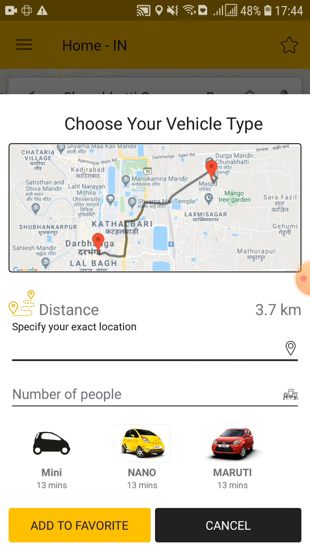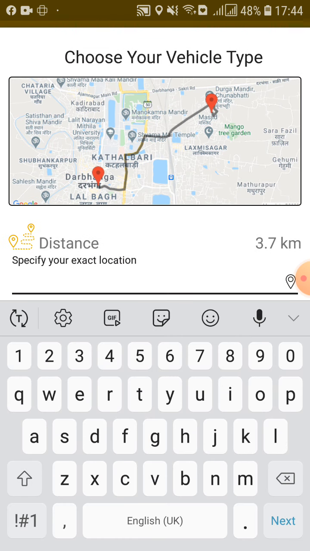And now one additional thing here: apart from your current position, it is again asking where your exact location is, meaning specify your exact location. You need to specify it, like if you are near a mall or near a tower, some specific landmark, then you write it here.